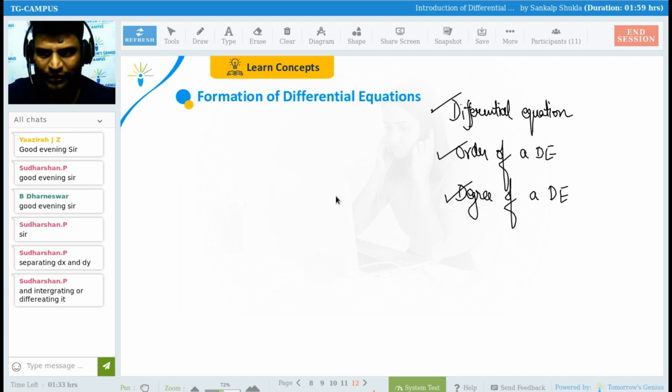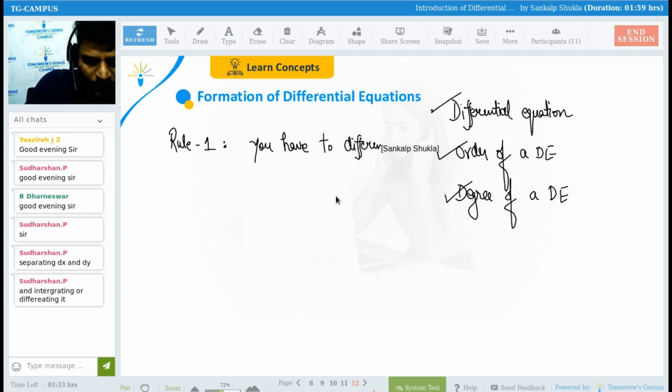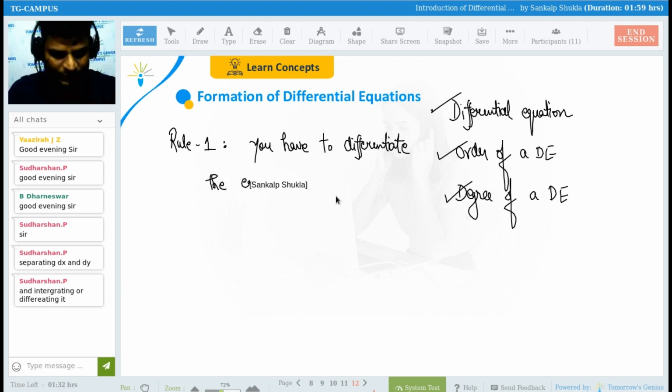Okay? Formation of differential equations. So formation of differential equations means you have to form a differential equation. Now there are only 2 steps to form a differential equation. So I'll write that 2 rules are there. Rule 1: you have to differentiate the given function